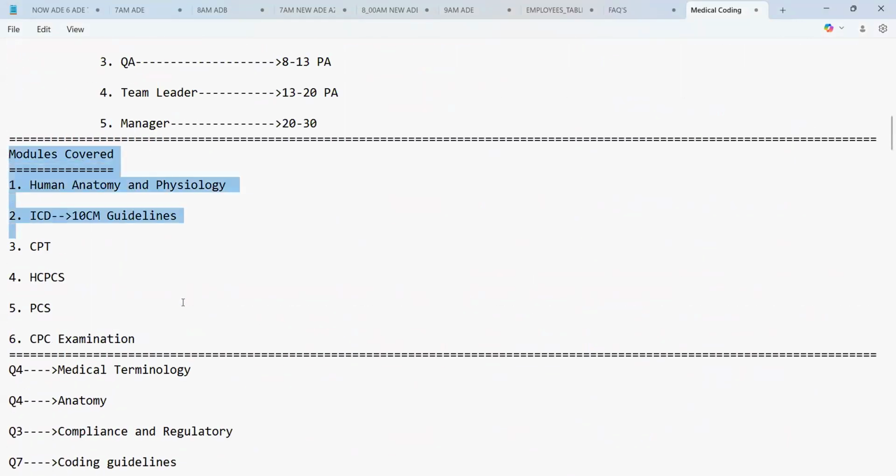Modules covered here: human anatomy and physiology, and ICD-10-CM guidelines, CPT, HCPCS, PCS, and the CPC examination. You will also have many more examinations at the next level after the CPC, guys. But CPC is the basic one. The Certified Professional Coder examination is the basic examination, because as you are a fresher,